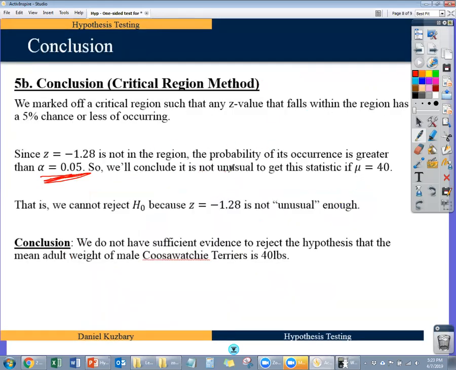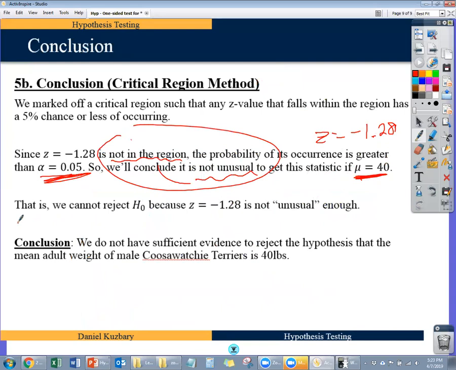So we're going to conclude it's not unusual to get the statistic Z equal to negative 1.28. That's not strange if the null hypothesis is true. So since it's not unusual, since it's not in the region, not in the region means it's not unusual. Then we don't reject H naught because it's not unusual enough. Or we could say we don't reject H naught because Z is not in the critical